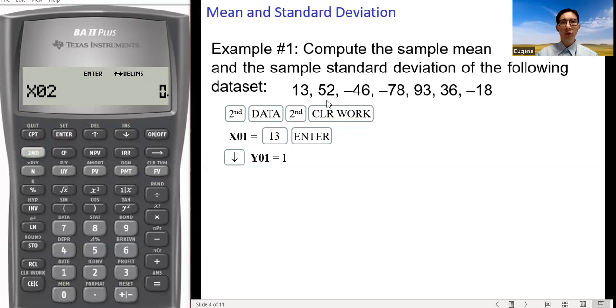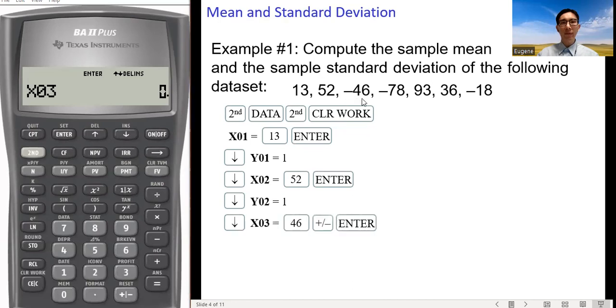The next one is 52 with a frequency 1. So enter 52, press the enter key, and then we get Y02 is 1. The next data value, negative 46. Key in 46, and then the plus or minus sign, and then press enter. Frequency is 1.